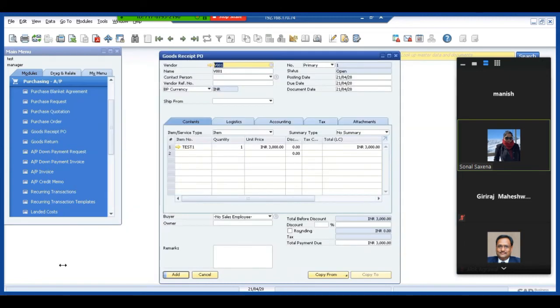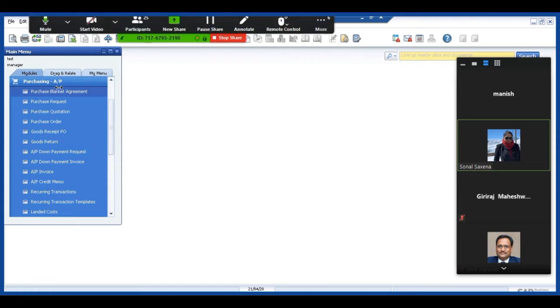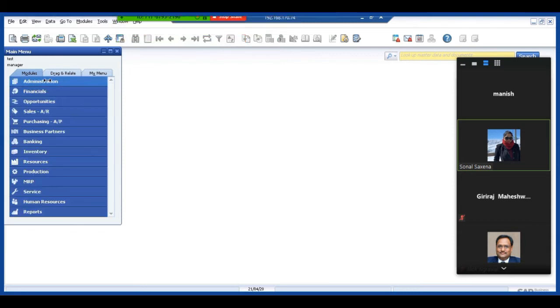So Manish, there is another question which says, can the monthly budget be defined based on the percentile of sales last month? The percentage limit would have to be defined. We'll have to calculate that. There is an option to define the percentage, but the percentage based on the sales will have to be calculated manually. I'll show it to you.